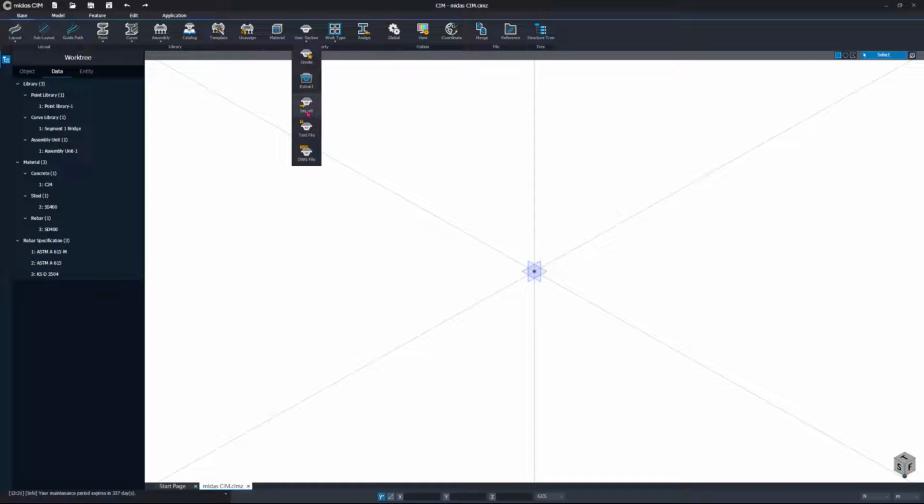This import is importing the DWG that you have created in your AutoCAD, and then you can apply it to your point library, or you can apply it on the curve library.